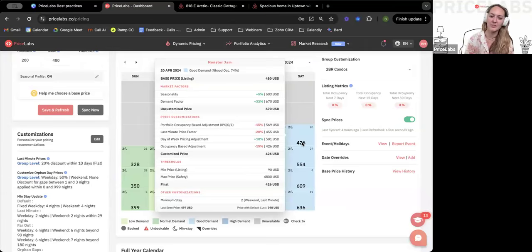Is July more in demand than August? Is August more in demand than September? How does that sort of ebb and flow throughout the year? Now, the demand factor, that's a little bit different. That's actually the day-to-day fluctuation. So is it a Monday or is it a Saturday? Is it Monster Jam or is it just a regular Tuesday in April? The demand factor is going to basically raise your prices or lower your prices based on that sort of fluctuation